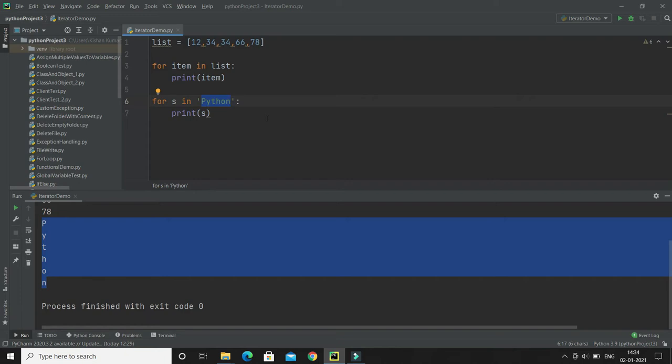Now the thing is, can we create our own iterator object? Of course, we can create our own custom iterator. To create an object or class as an iterator, you have to implement two methods, __iter__ and __next__, in your class, right?